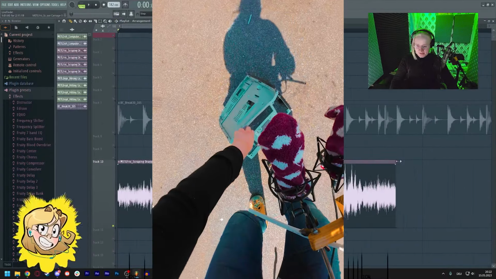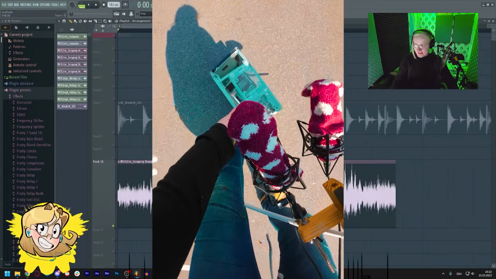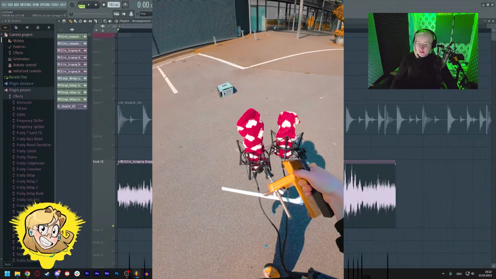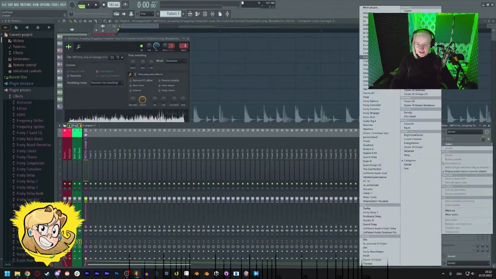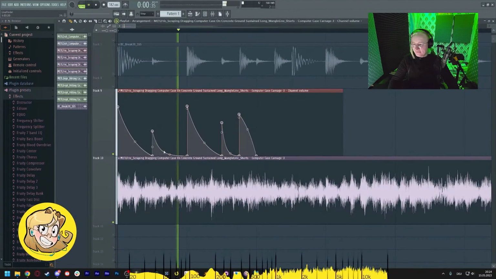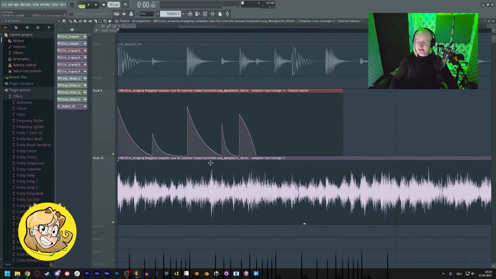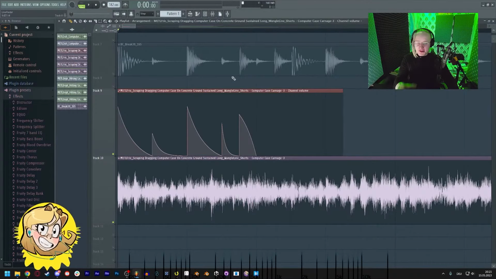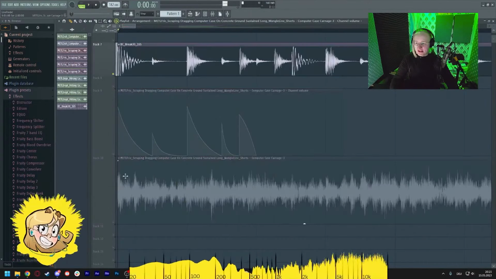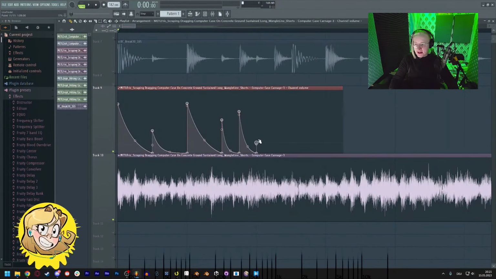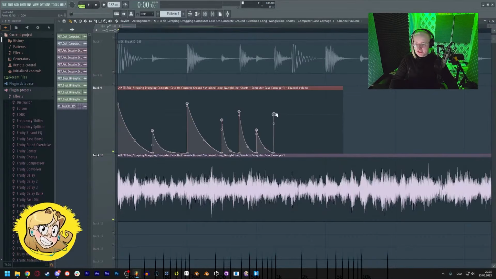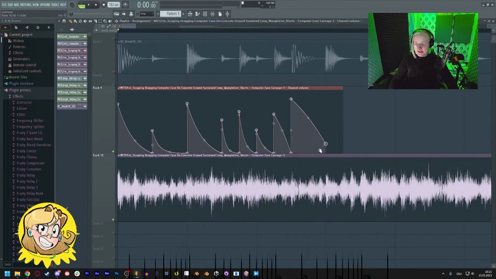This is one of the scraping sounds from my recent video about chucking a computer case onto the pavement. Now I'm gonna try to make something interesting with this. What I'm doing right now is I'm trying to mirror the volume shape of this drum break with this scraping sound, which I know you can do automatically with side chaining and envelope following, but I like doing it manually because it gives you all this granular control. You can do all these micro edits in here, and